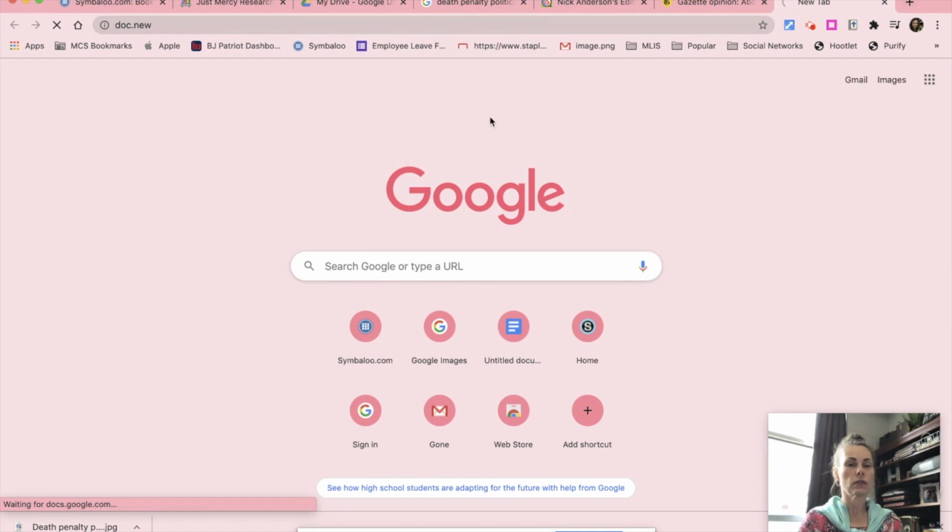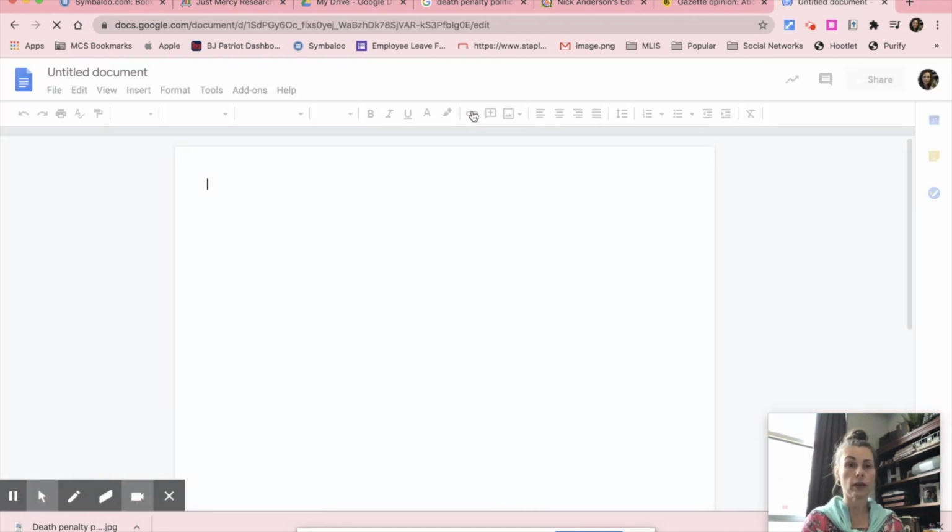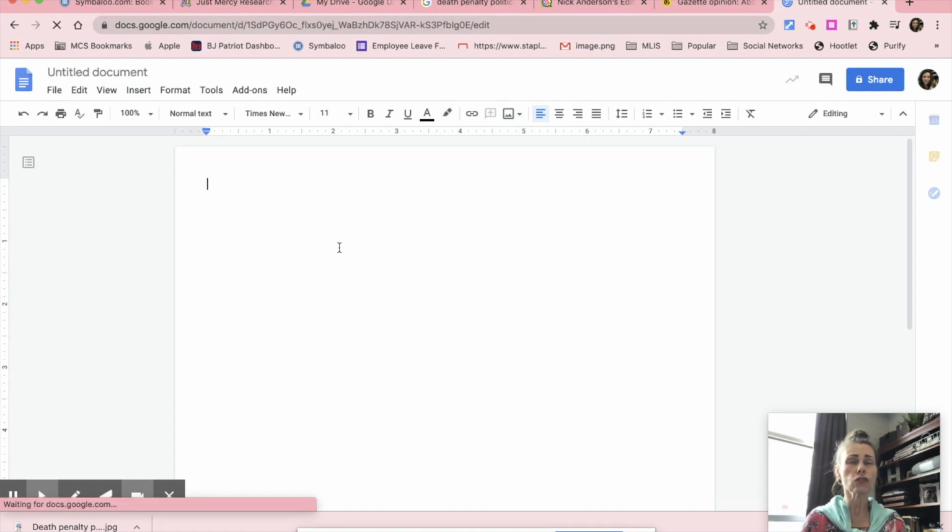open up a new Microsoft Word document. Not Microsoft. What am I saying? I'm going to open up a new Google Doc. Okay. This is a shortcut when the Wi-Fi is actually working. So, in case you didn't know, Google has purchased the domain .new. So if you ever just open up a tab, you're signed into your Google Drive, and you type in doc, singular, .new, it will create and open, just like I just did, a brand new Google